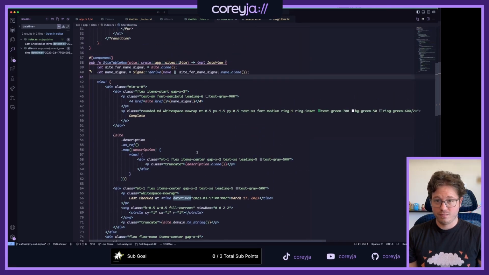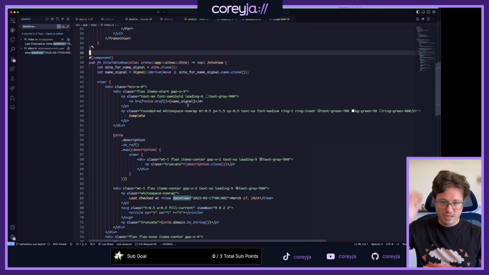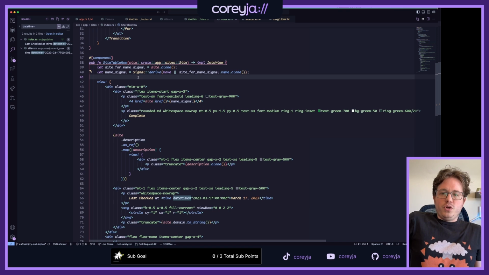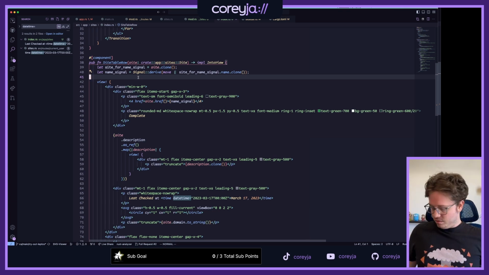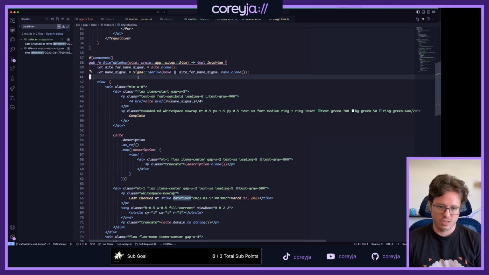Interesting. Okay, yes, because then the signal here, I've moved that site into the signal. Yeah, okay, interesting, because the signal's for the specific thing.